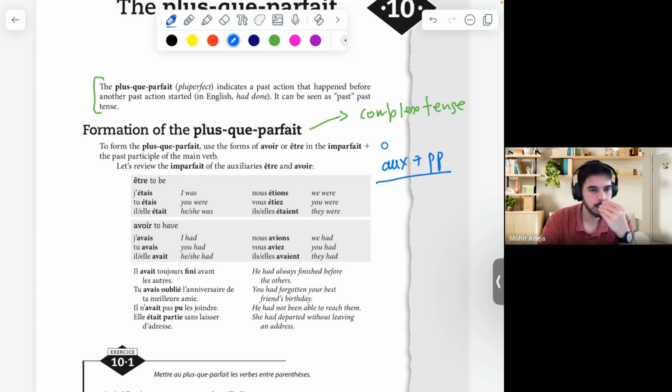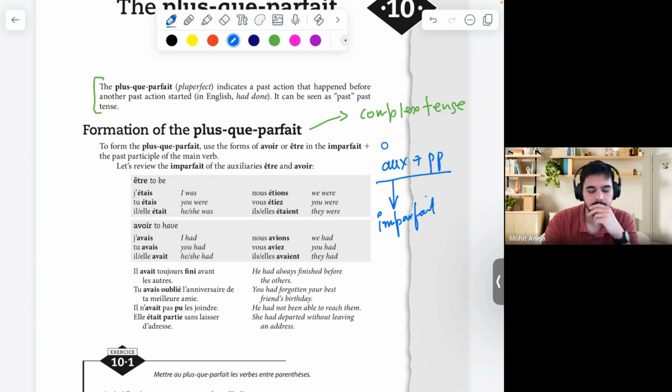Very good. So you already know the conjugation of avoir and être in imparfait. Plus-que-parfait is just a mixture of imparfait and past participle. Simple as that. Okay? So the auxiliary here, I revised so much now so that you actually know the difference between the tenses that we are learning. Don't make a mess of it, okay? Here this is imparfait, and the past participle does not change. Everything else is the same.